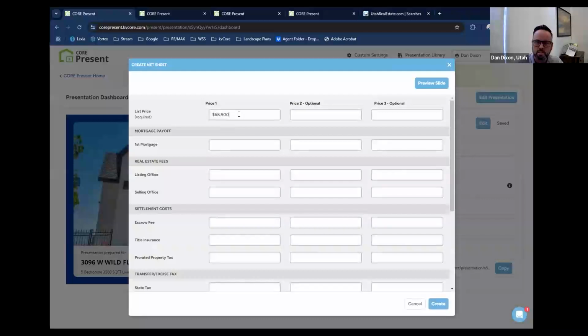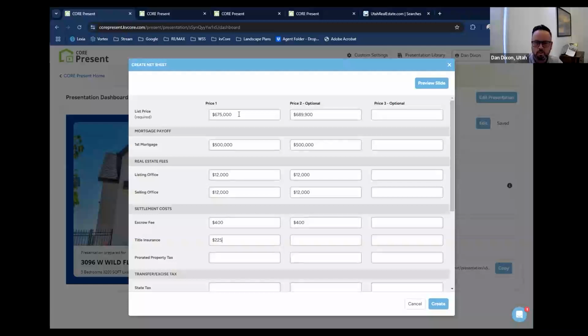So we said the home was $680,000, or no, we gave a range. We said it's going to be somewhere between these numbers, right? And let's say you owe $500,000 on it, and it's going to be a 2% listing. So let's just call it 12,000 because I'm not good at math. And escrow fee is 400, right?